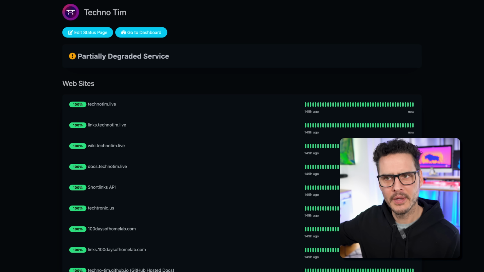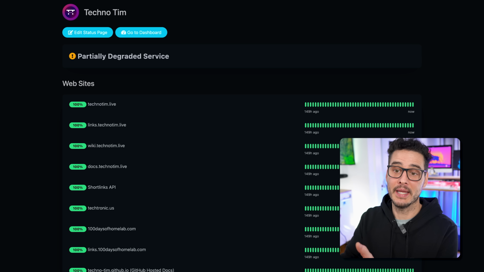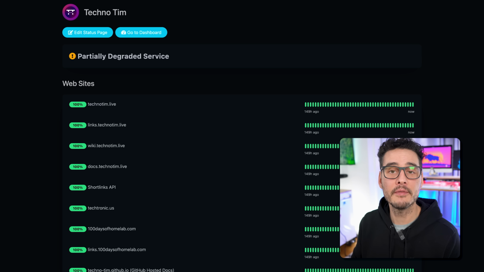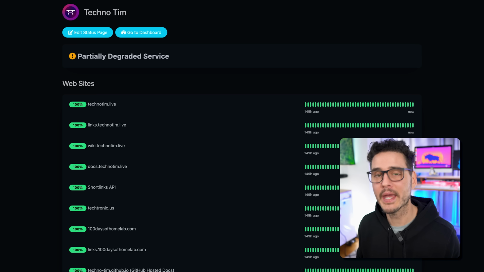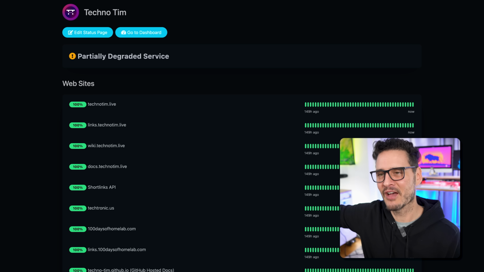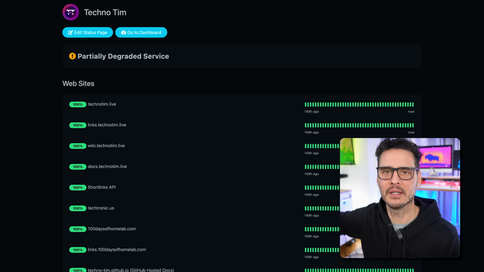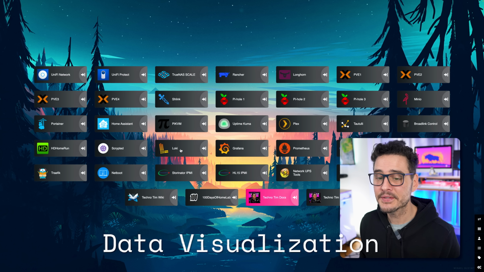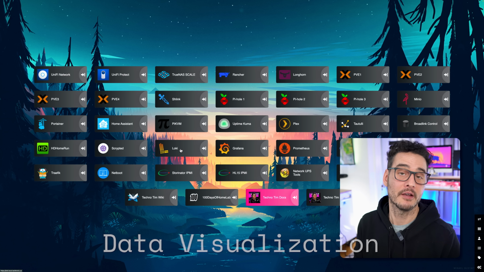My external stuff, I use Uptime Robot, and you're probably like, well, why do you use one internal and one external? Well, my internal Uptime Kuma monitors a lot of things that aren't even exposed publicly, and the only way to do that is within my cluster or within my infrastructure. And then Uptime Robot is kind of watching the watcher, but it watches everything that I have publicly hosted to make sure that that's still up. And as far as Loki, Grafana, and Prometheus goes, sad to say, I ended up pulling these out of my cluster.